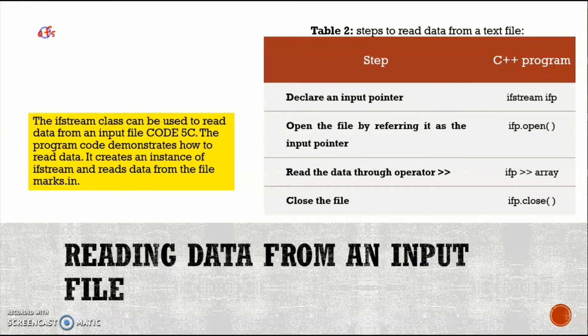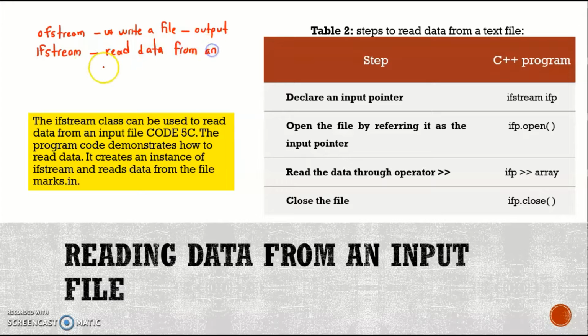The ofstream is to open and write. This is to write a file, and then you have your output file based on this. Now if you have ifstream, this is to read the data